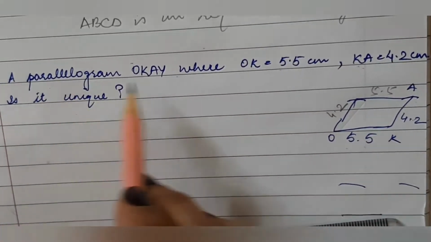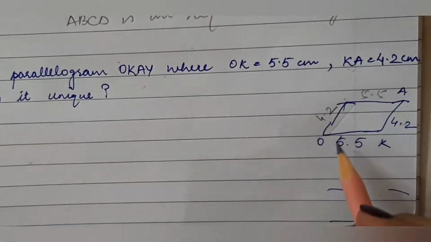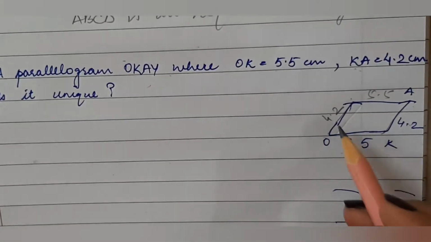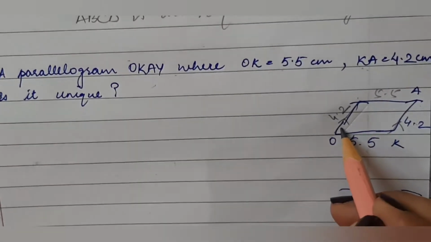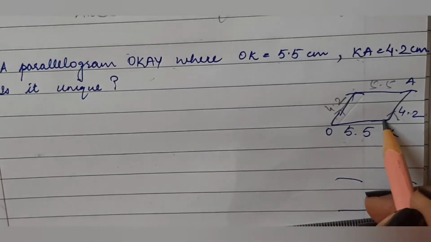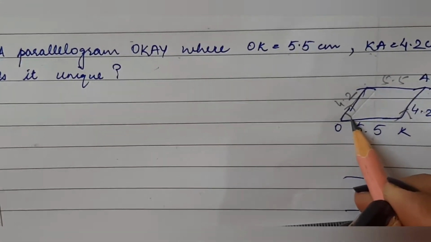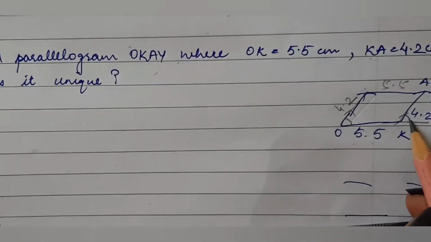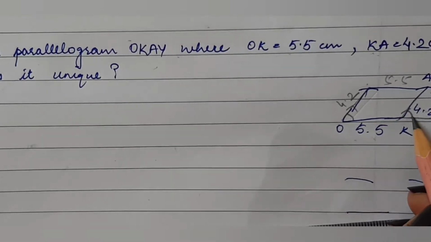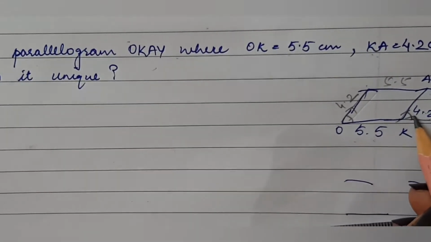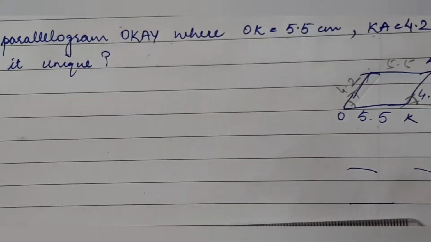Look, we have to construct a parallelogram, but we do not have any angle. So we know that in parallelograms opposite sides are also parallel to each other. So we will draw these lines parallel with any angle of our choice. I know that this angle and this angle are supposed to be the same to construct parallel lines. This means these are alternate angles. Sorry, these are corresponding angles, right? So we will construct this way.